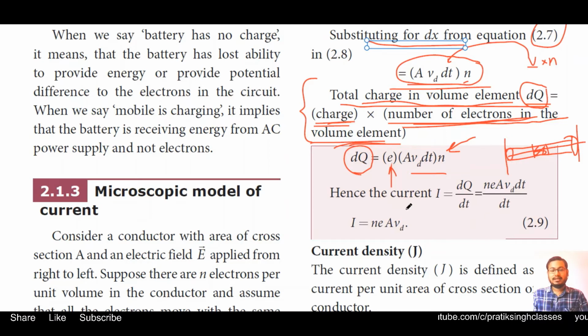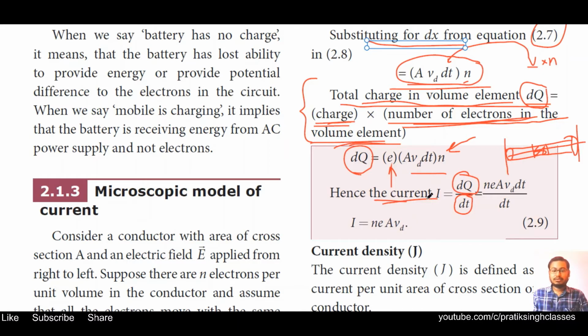We know very well that current is equal to total charge flowing per unit time, or the rate of flow of charge with respect to time is called current, as we have seen in our previous video. At the top right corner of your screen, there is an I button. Just click that I button and it will bring you to my previous video, to understand the meaning of charge or the meaning of current.